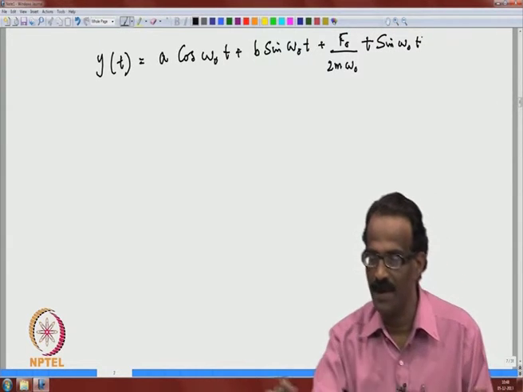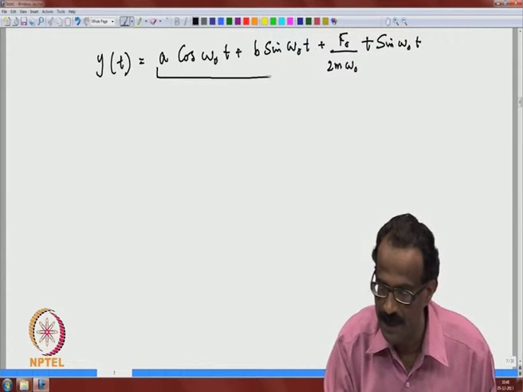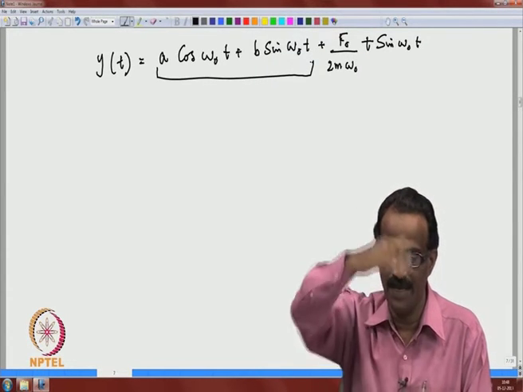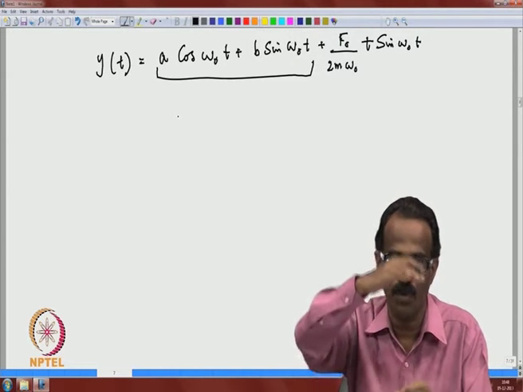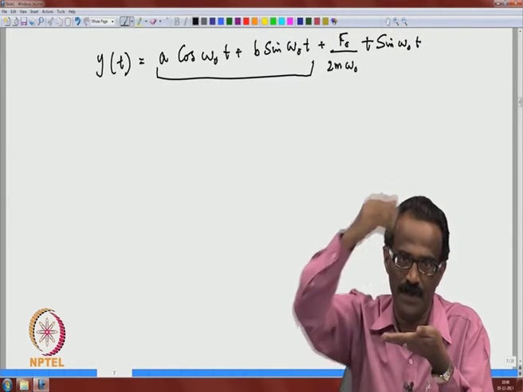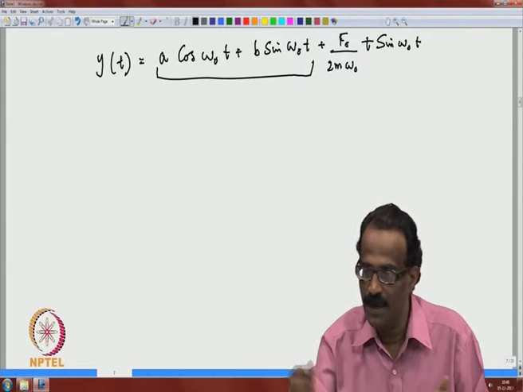Now, how things behave: the behavior of the first terms is fine, it oscillates between plus and minus a. If you write it as r e power, you have already seen that it will oscillate. But look at this term,